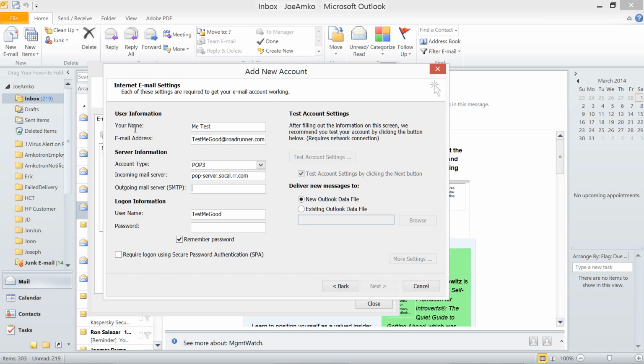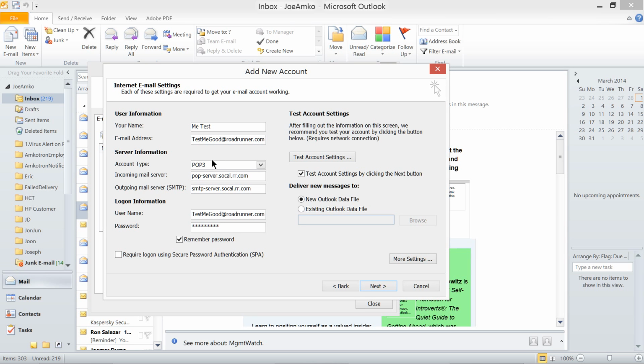Now, SMTP server, just right there, smtp.server.sokal.rr.com. It depends on the protocol being used. At this time, this email server requires the email address as your username and a password. Right there.